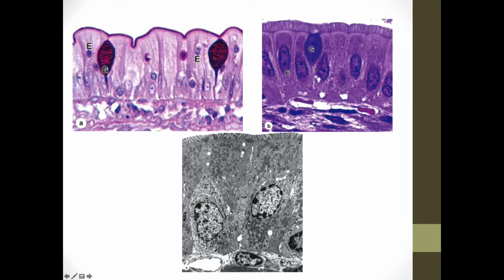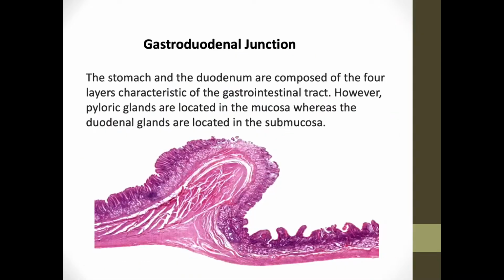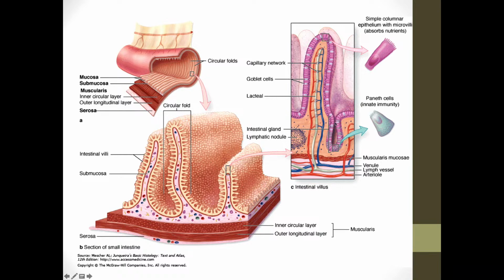So the villus has lamina propria with small blood vessels, and in the center is the lacteal, and smooth muscle cells. The epithelial lining